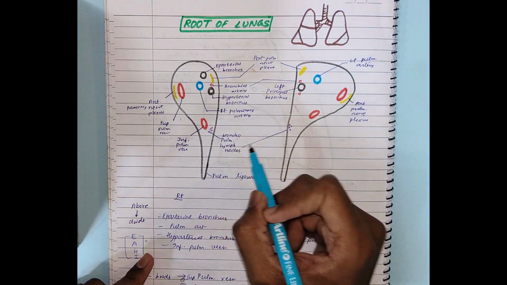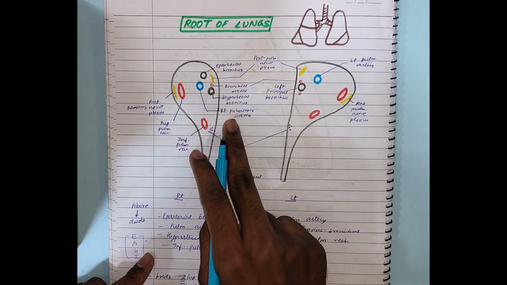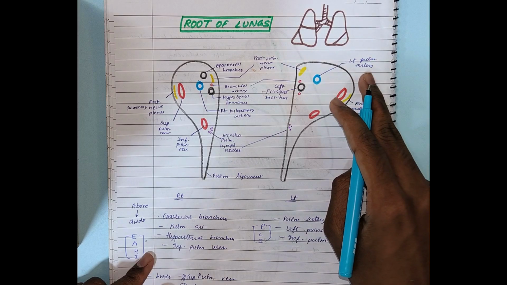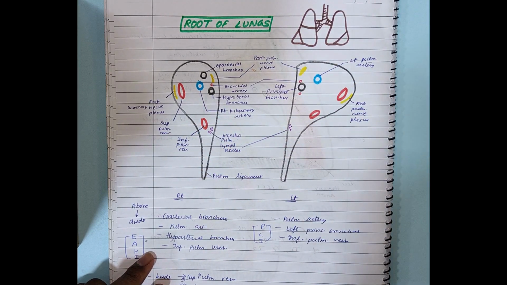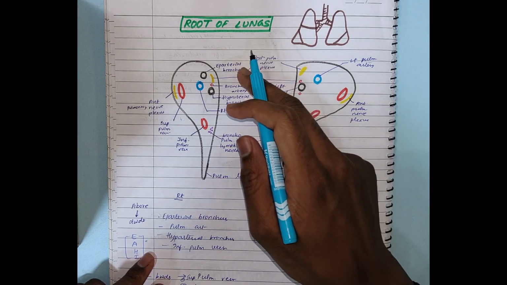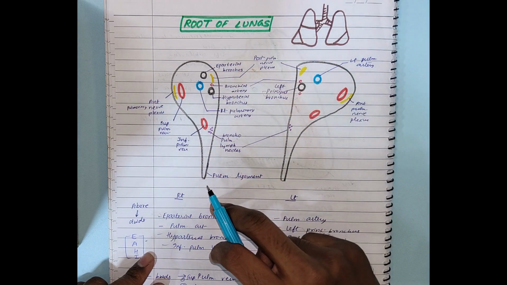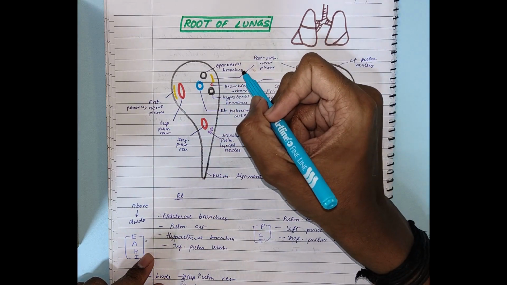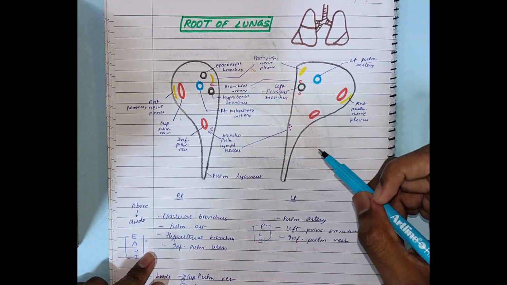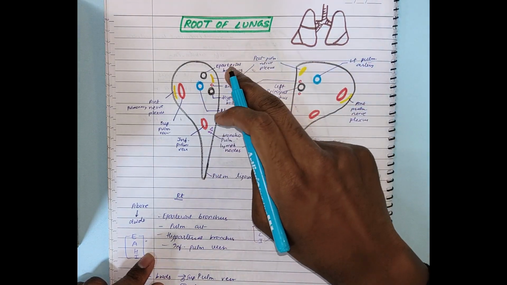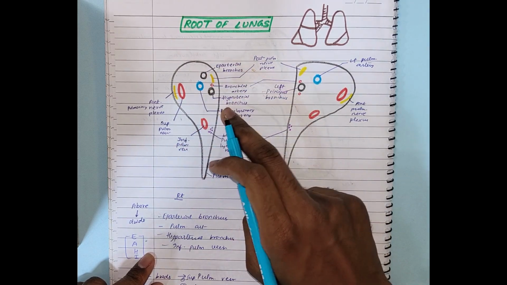Then the bronchopulmonary lymph nodes are also common to both. There is a right pulmonary artery and a left pulmonary artery, that is, the pulmonary artery is also common to both the hila. Now, the difference arises in case of bronchus and bronchial artery. In the right hilum, you'll find an eparterial bronchus and a hyparterial bronchus. Ep basically means above, hy basically means below. So the eparterial bronchus lies above the pulmonary artery and the hyparterial bronchus lies below the pulmonary artery.